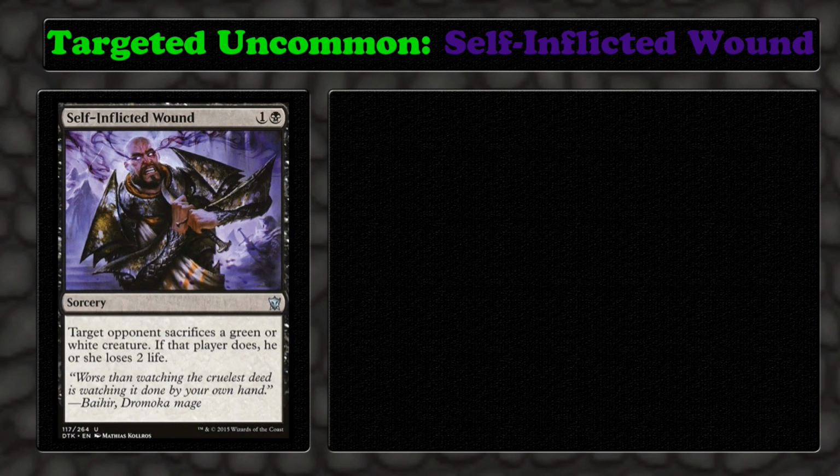My pick for the uncommon is Self-Inflicted Wound. Why I like Self-Inflicted Wound is it's seeing play in Mardu Burn, and you will actually see in Jund Burn when they like that variety. I've tried all the burns throughout the history of Burn, and I like Jund Burn a ton. A lot of people like Naya Burn because it gives access to Boros Charm, but if Black ever has any